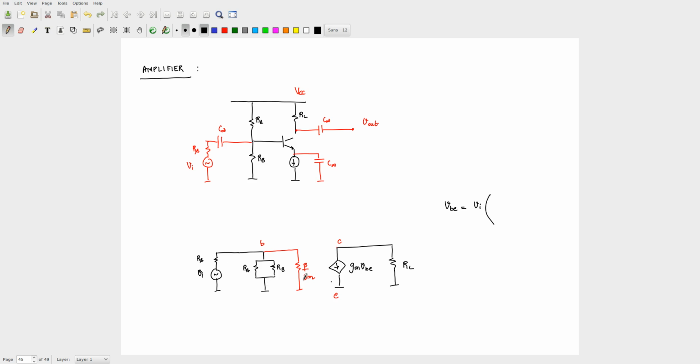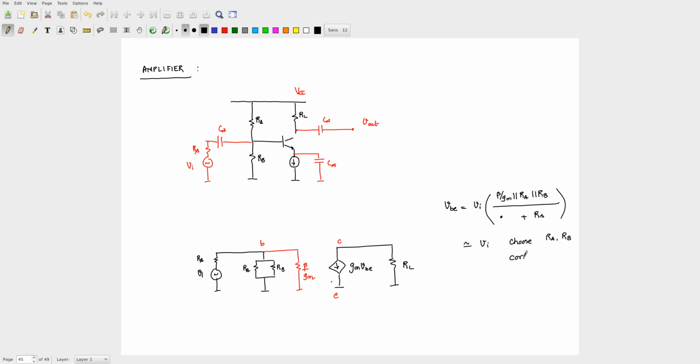What will it be? What is VBE in terms of VI? It's just the resistance divider, right? So it will be beta by GM parallel RA parallel RB divided by this same quantity plus RS. Okay, this is that quantity, and you want to make this approximately equal to VI. So you choose your RA and RB